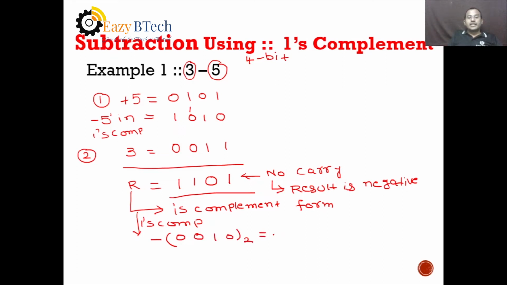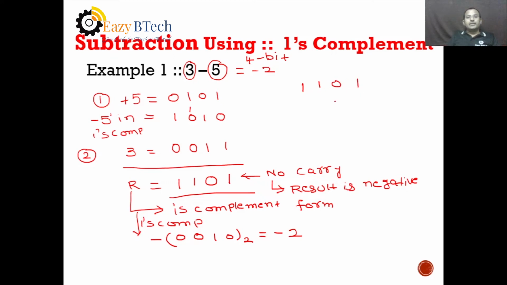So what is the corresponding decimal equivalent? This is minus 2, right? So if you subtract 5 from 3, the result is minus 2. So this is how to do the subtraction using the one's complement method. And to get the result, the corresponding decimal equivalent